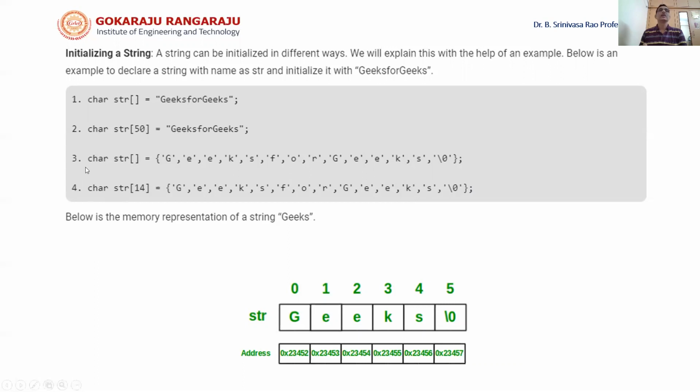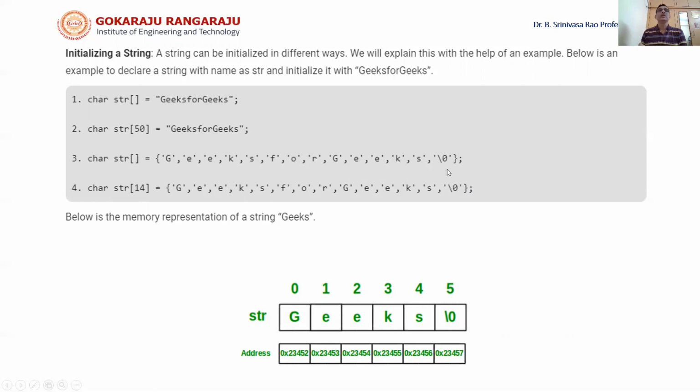Now another one is that each individual symbol can also be initialized. Char str, we are not mentioning the size, but all the symbols of this string are given in single quotes separated by commas within curly braces, terminated by a semicolon. Then all these characters will be stored in the string named str.